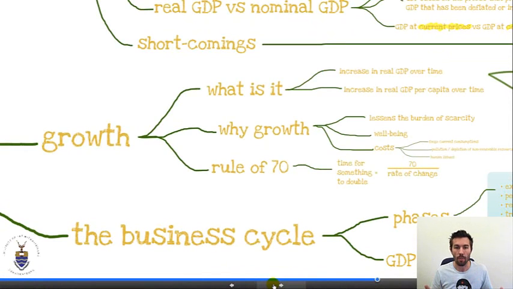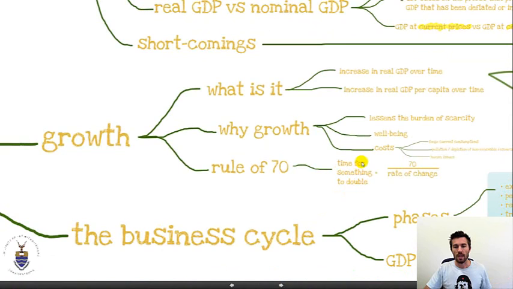Okay, so economic growth. What is it? Why is it important? And then the rule of 70. Let's talk about that quickly. The rule of 70 is a sort of back of envelope quick calculation that says the time for something to double, the time that it takes for it to double, is equal to 70 divided by the rate at